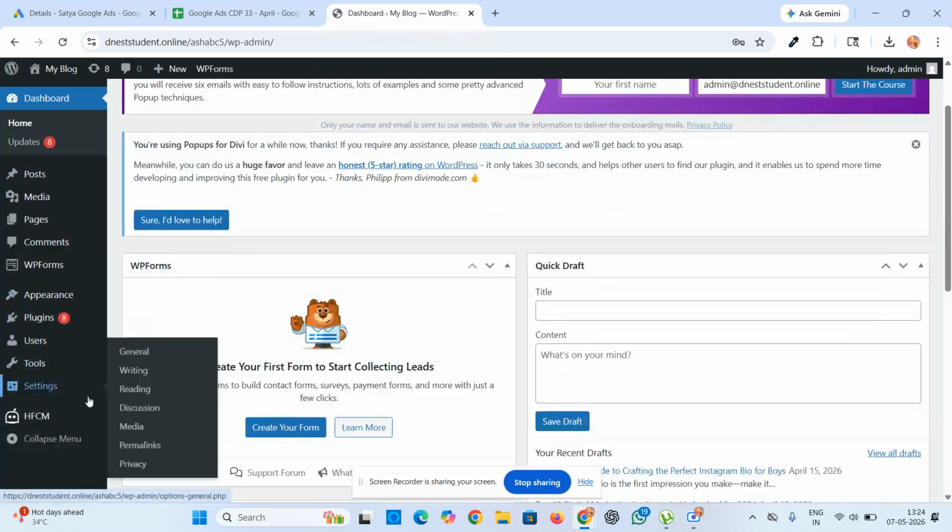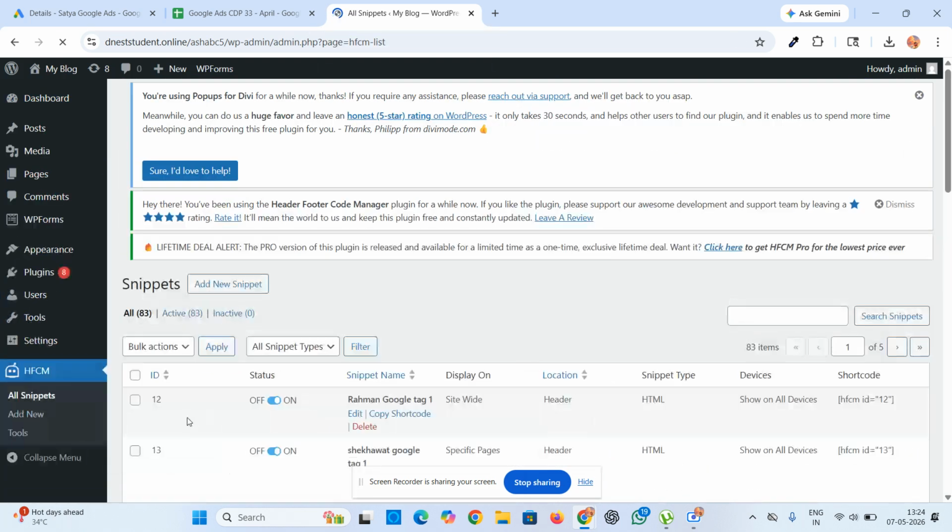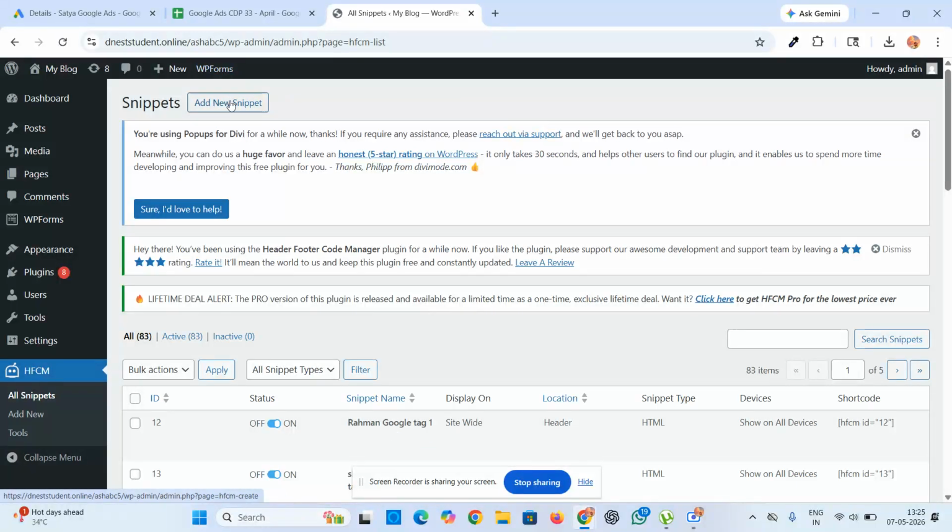Next, here this is the website dashboard and here there is a plugin called HFCM. So click on that and then here Add new snippet, we have to click on that.